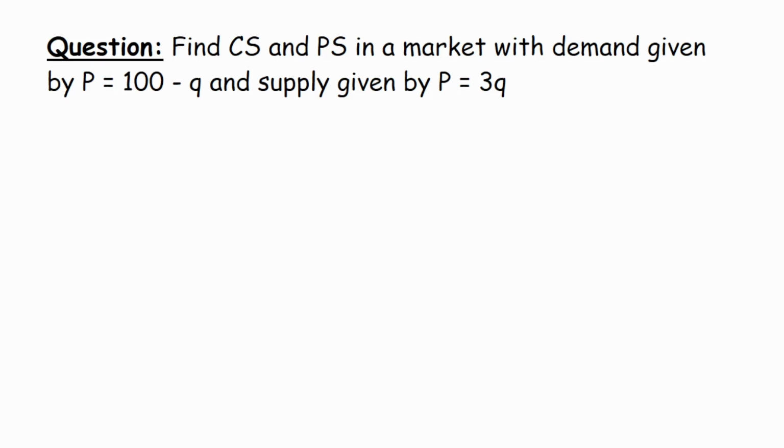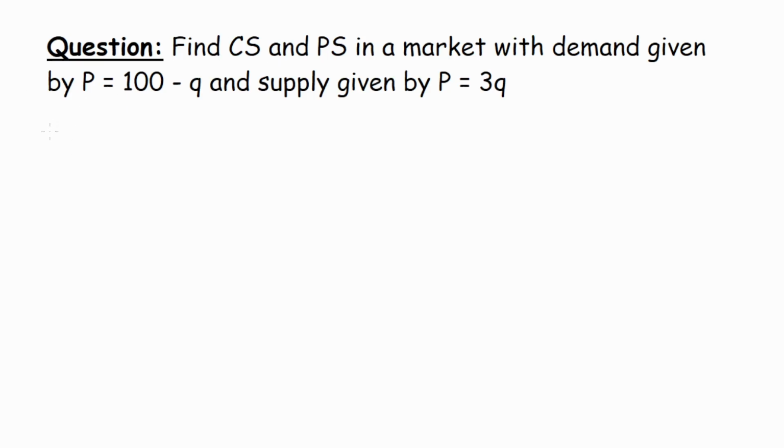In this first question, we are asked to find consumer and producer surplus in a market with the demand curve given by P = 100 - Q and a supply curve given by P = 3Q. The first thing I'd want to do when solving a question like this is to solve for the equilibrium price and quantity. We can do this by simply equating